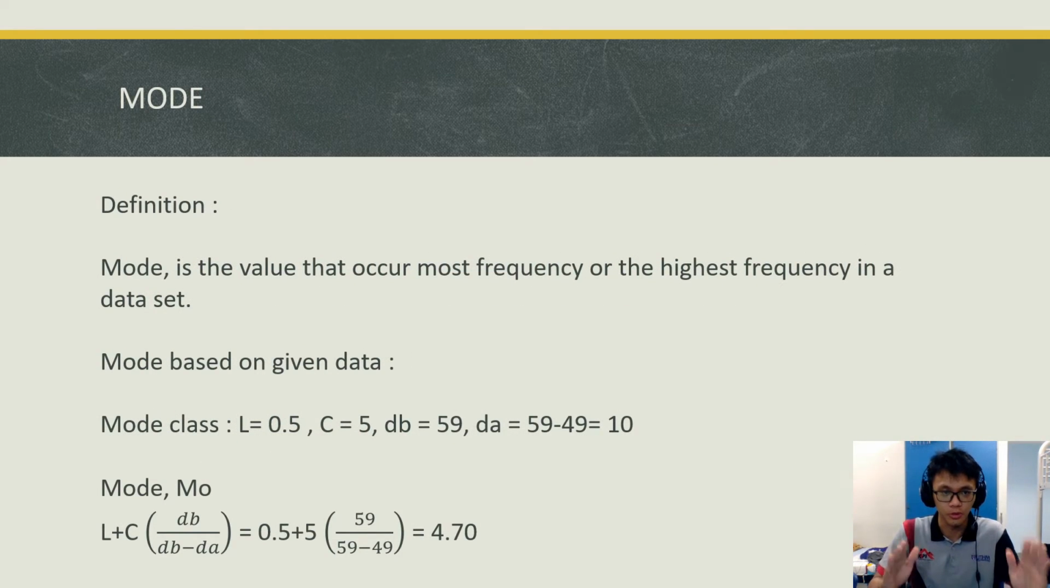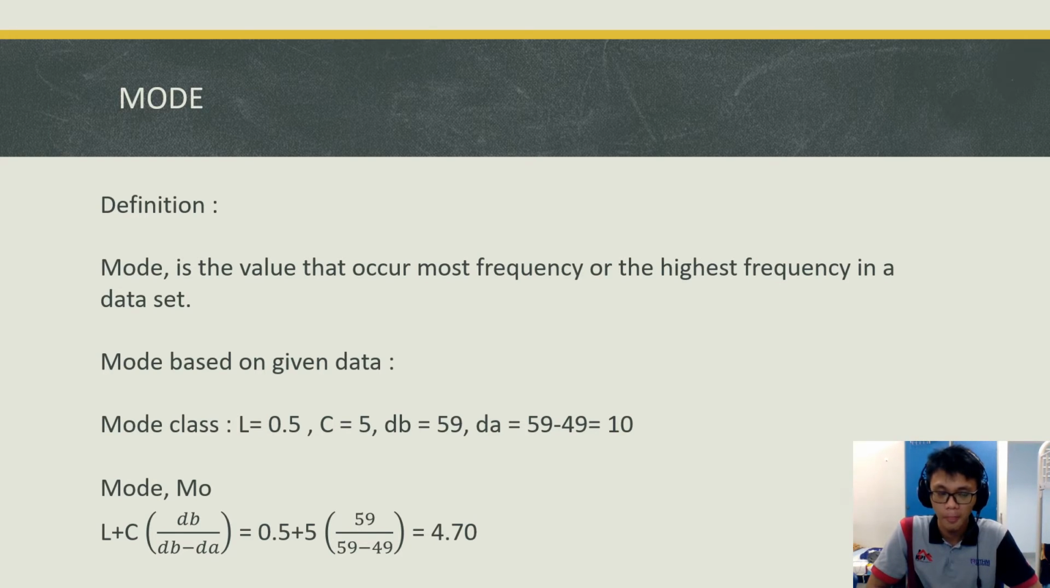And let's move on to the mode. What is mode? Mode is the value that occurs most frequently, or the highest frequency, in a data set. Okay, let's go through the given data for the mode. For the mode class, L is the lower boundary for the mode class, which is 0.5. The C is the class width, which is equal to 5. The dB is the difference in frequency between the mode class and the class before it. And dA is the difference in frequency between the mode class and the class after it, which means 59 minus 49